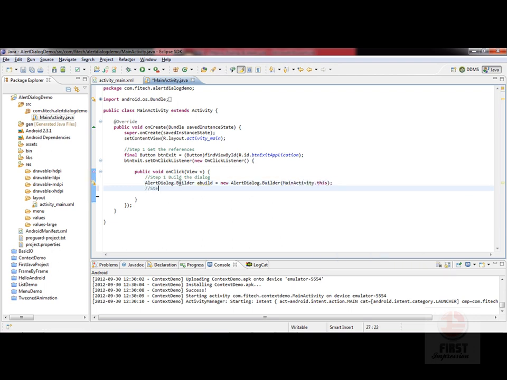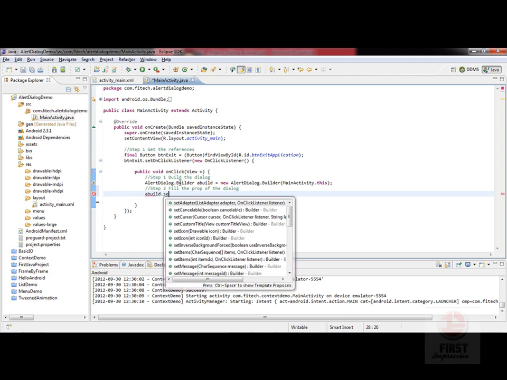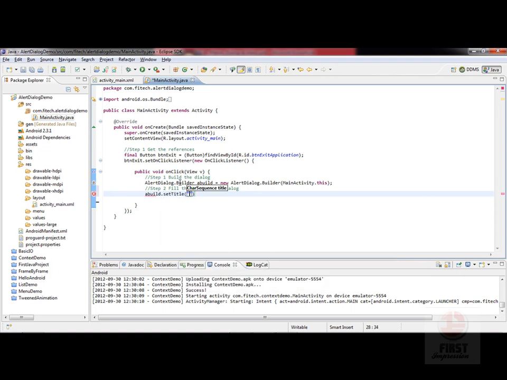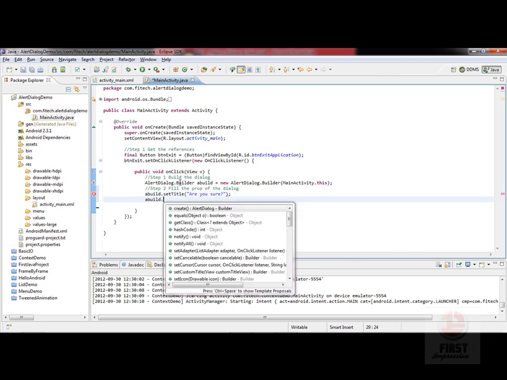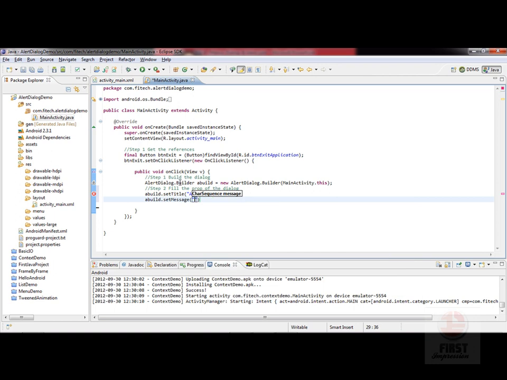Then let's fill the properties of the dialog box by saying abuild.setTitle. The title of our dialog box: are you sure? Then we can say abuild.setMessage: are you sure you want to quit the app? Once you are done, let's say step 3,